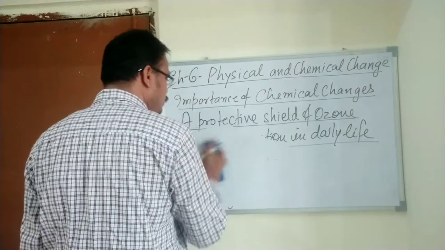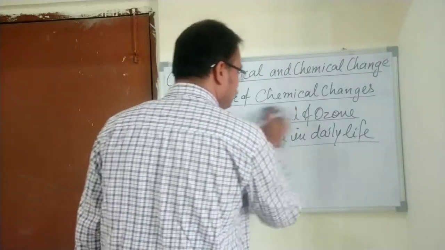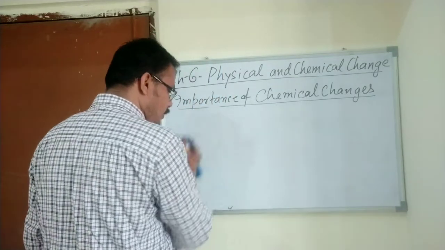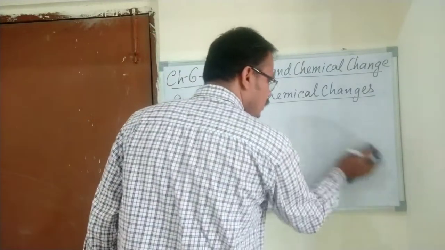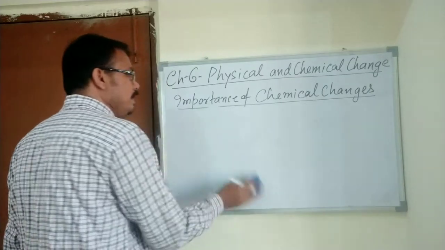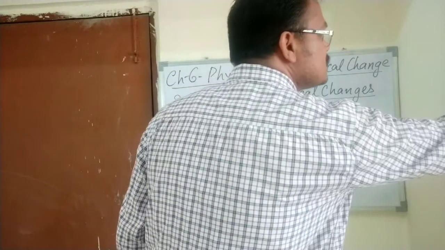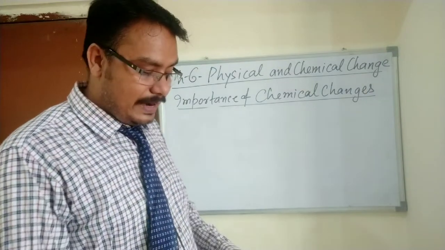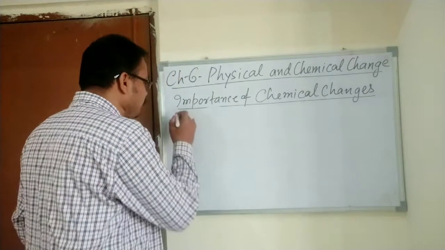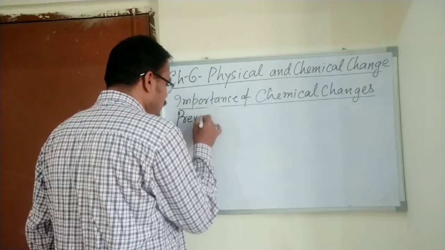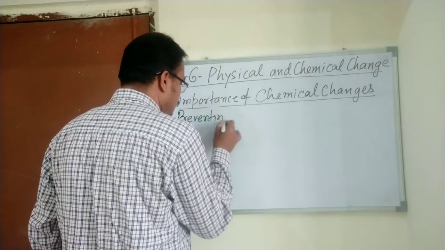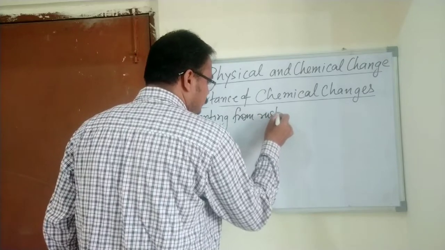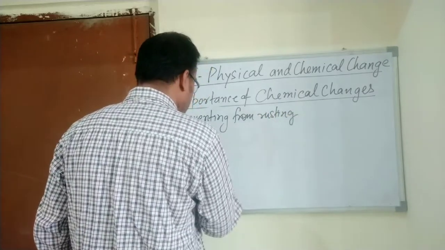So what are those preventive methods by applying which we could make the iron safe from getting rusted? Okay, that I am going to explain about preventing from rusting. So student,